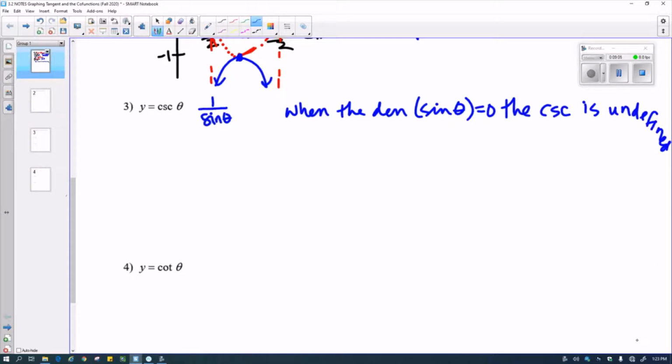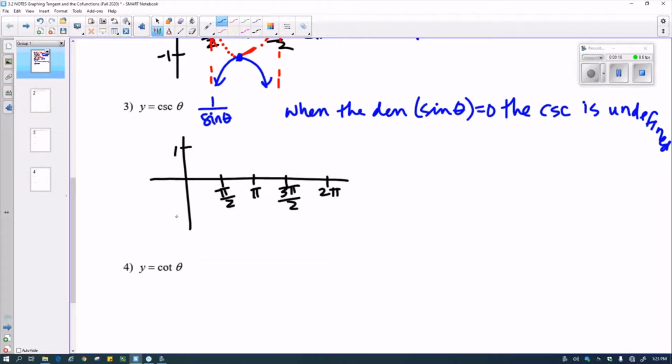And so when I sketch my original graph and make my regular old tick marks, this should look real familiar to you, 1 and -1. Then I'm going to sketch the sine in there as the troublemaker. That's where it's going to be undefined, when the sine is 0. So when the sine crosses the x-axis,